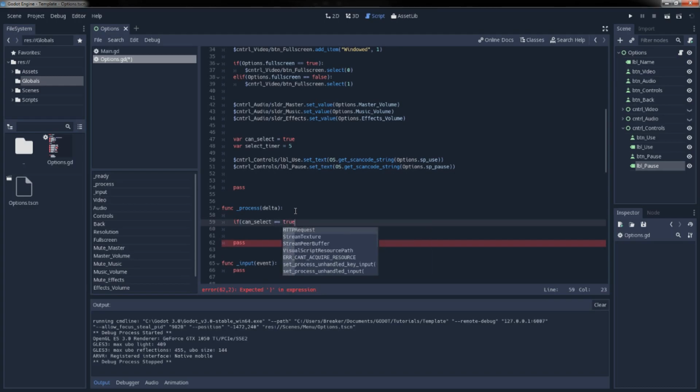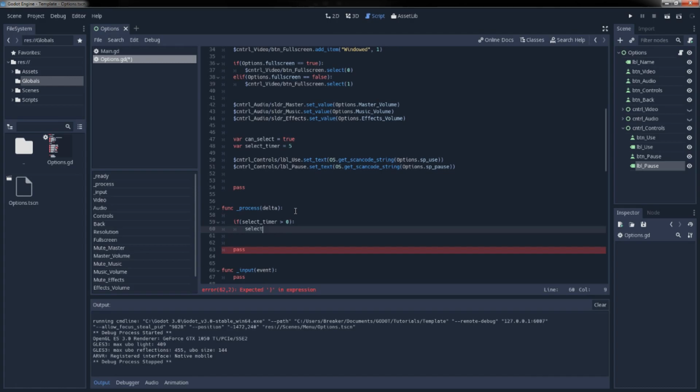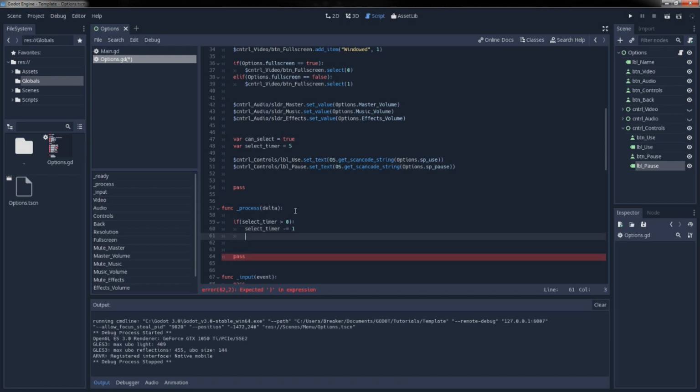Equals true. That's incorrect, sorry. If select timer is larger than 0, what we're going to do is select timer minus equals 1,